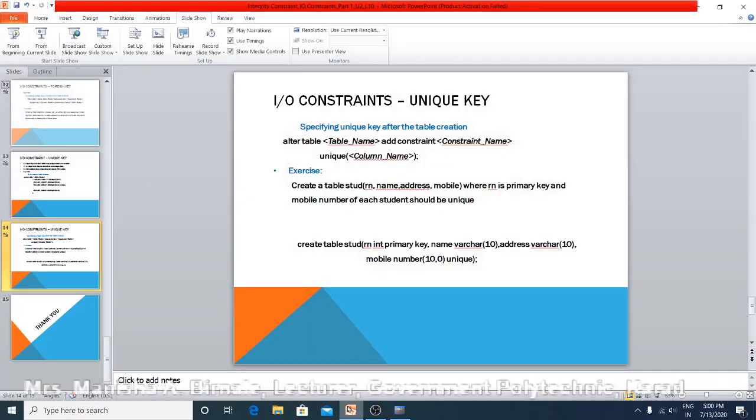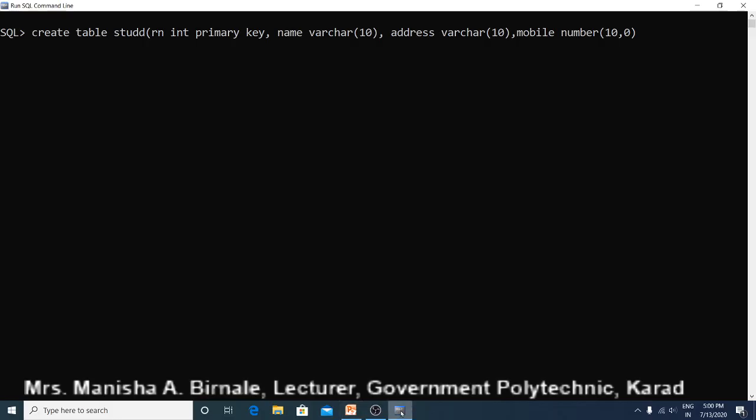And then we want to specify the unique key constraint for this mobile number. So here you have to write the keyword unique, because you are specifying column mobile as having the unique key constraint at the time of table creation. So mobile is the column name, its data type is number, and then write unique.